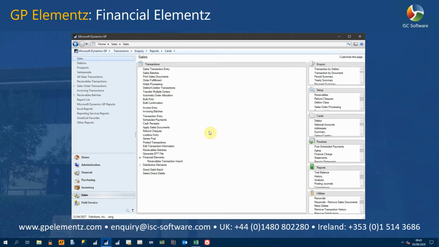This is a short video on Financial Elements, one of the GP Elements add-ons from ISC Software. Financial Elements includes a receivables transaction import, which can be used to import transactions into Receivables Management in GP